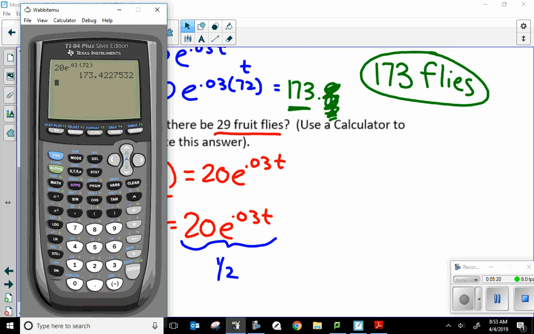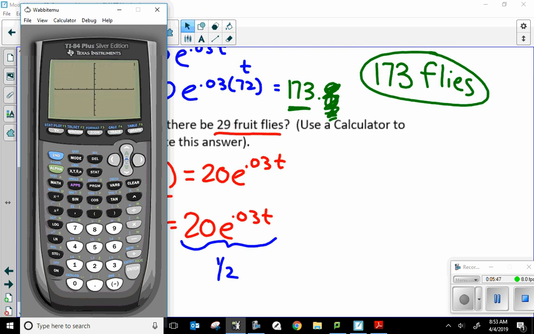Let me show you. I go to y equals. I clear this out. I say 29 for y1. Then I say 20e to the 0.03 x. So x is really our t, our time. And that's what they want to know. When will there be 29 fruit flies? So if I graph this,